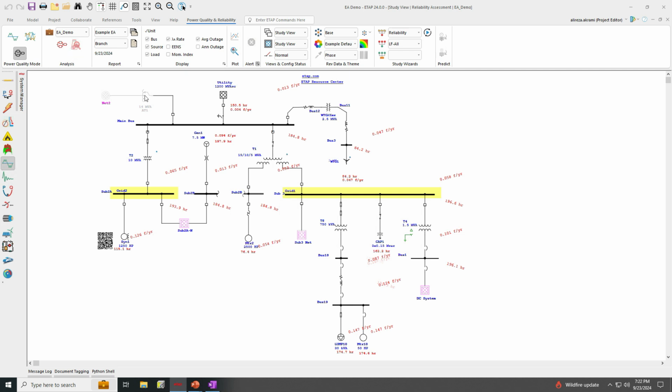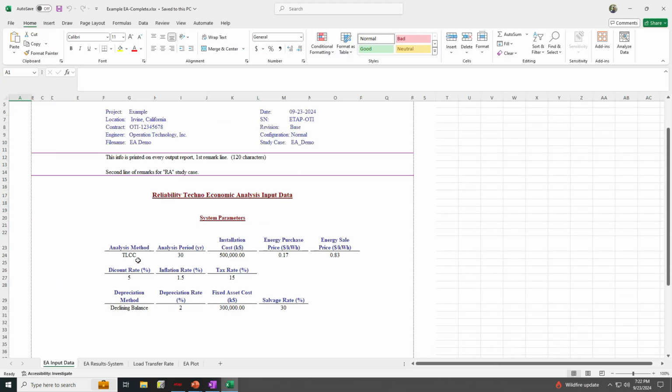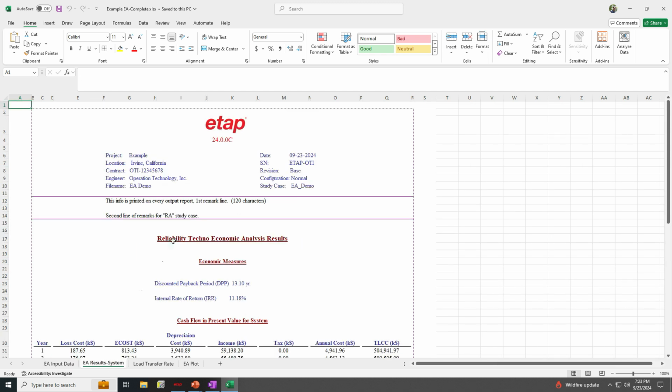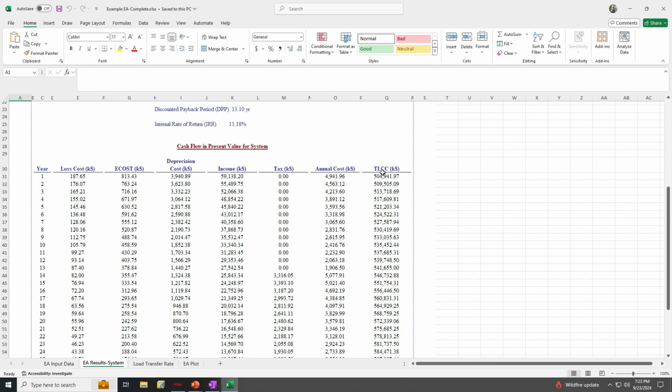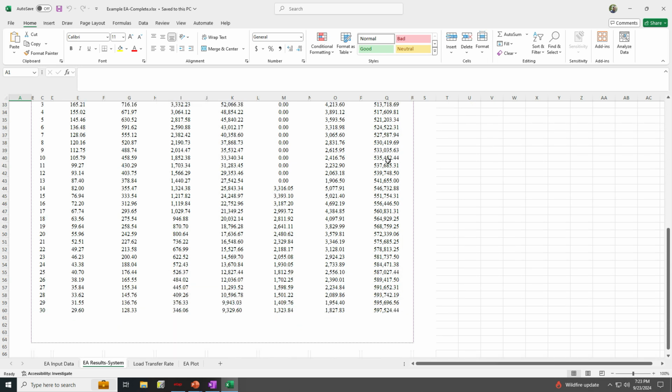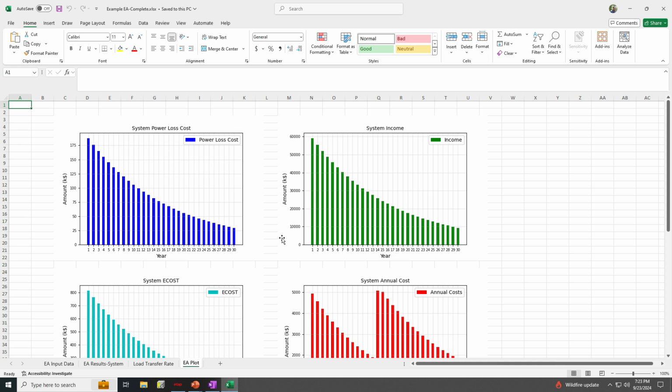So we run the DPP, we run the TLCC this time. We generate the same report from here. We can see that analysis method is now updated to TLCC. Then discount rate and IRR, discount payback period and IRR are still the same because they are independent from the type of the study. However, here in this column, instead of the NPV value, we can see that total life cycle cost of the system is reported. So if we move to the